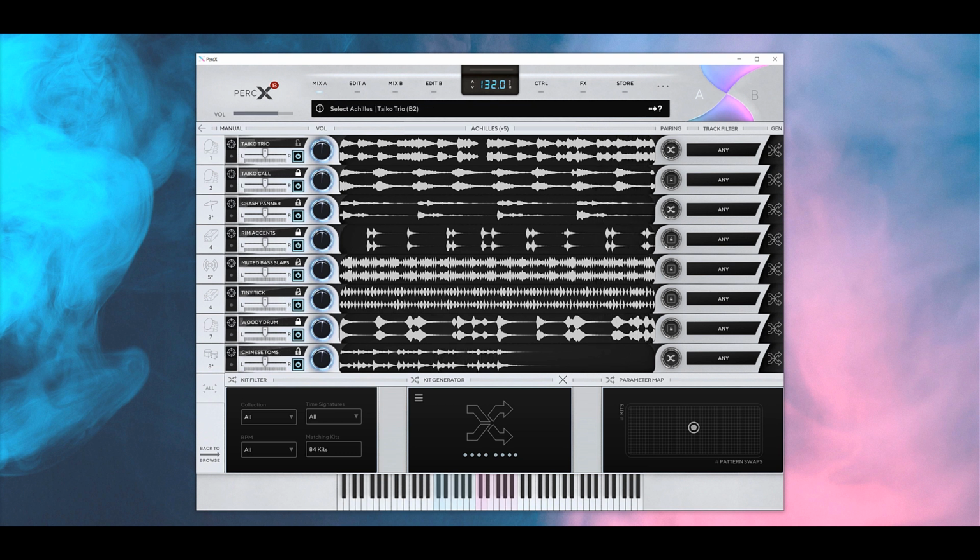Let's go another level down now and look at how we can start setting some rules. In the bottom left here, you can tell PercX to filter out entire collections, kits with certain default time signatures, kits with certain default BPMs, and as you set some filters, it will tell you down here how many kits you own that actually match the